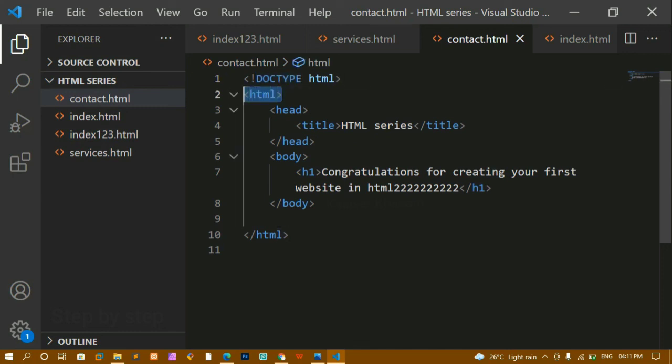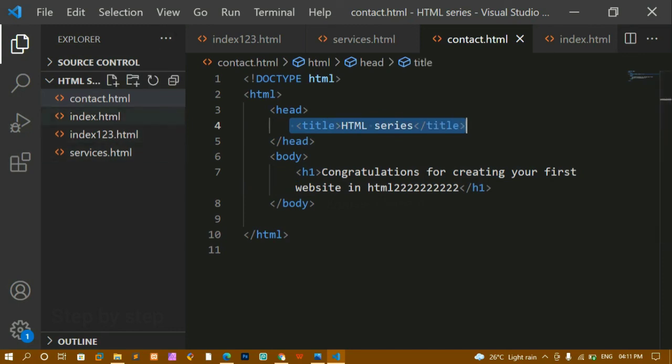Now this is the root element of our HTML code, and inside this head tag all the meta information will be stored, and this is the body where all the content will be displayed. Headings you don't have to worry, we are going to see what are these headings. And title will be shown inside our browser's tab. This is all we have learned, and also we have seen what is this index.html, why we have to give index.html, and we have learned about this live server.